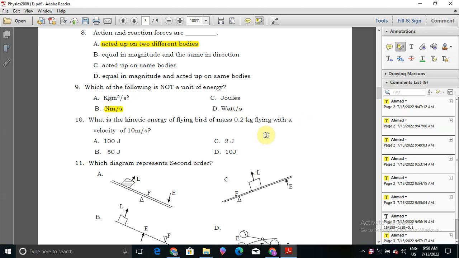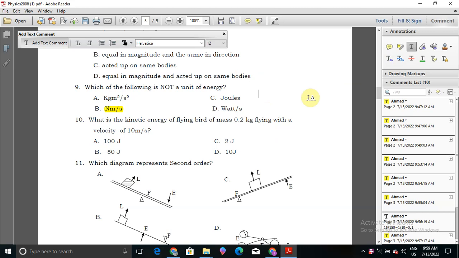Okay, now question number 10 says what is the kinetic energy of a flying bird of mass 0.2 kilogram flying with a velocity of 10 meters per second? Now what we have here is mass and velocity, but we need to find the kinetic energy of that bird. Now the formula for kinetic energy